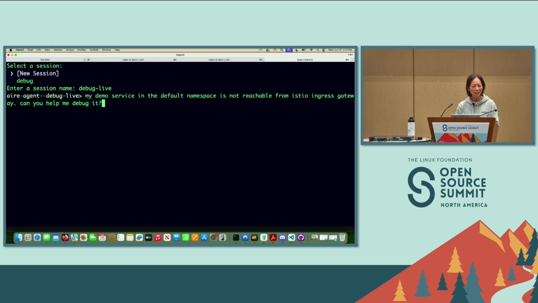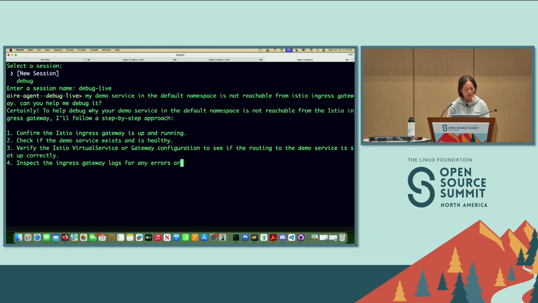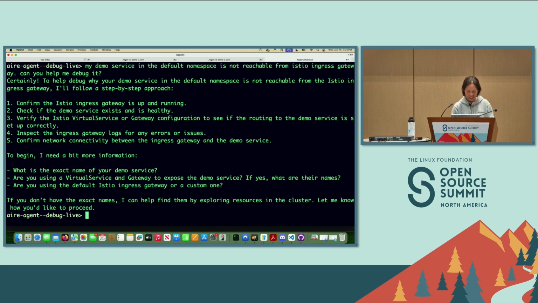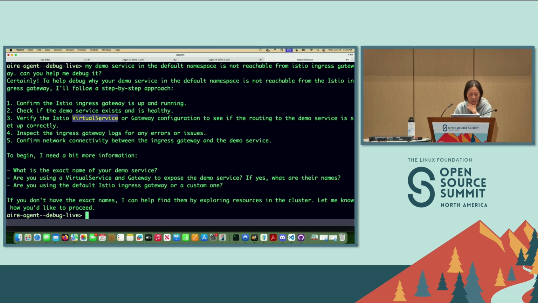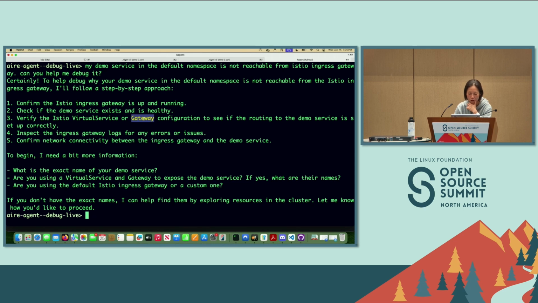All right, do you agree that's the problem? Yes? All right, so I'm going to hit enter and see if the agent can actually do the work for us. If not, I will have to figure it out manually myself. All right, so the agent says there are so many things that can go wrong with Kubernetes, right? But the agent, I think, is on a good track. Make sure the ingress is running, make sure the demo service is running, and make sure the Istio configuration, which by the way,